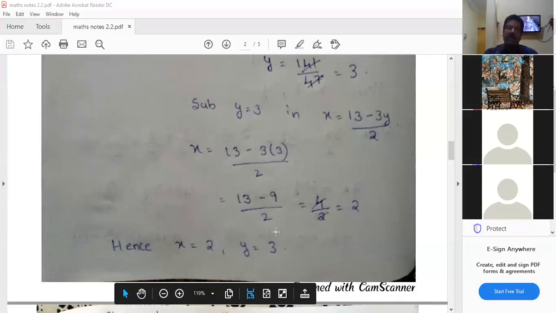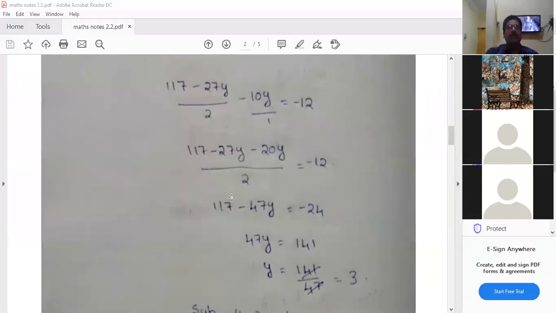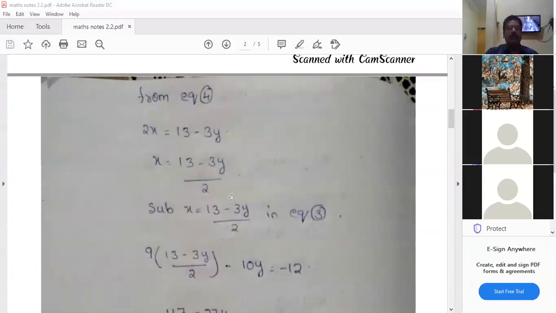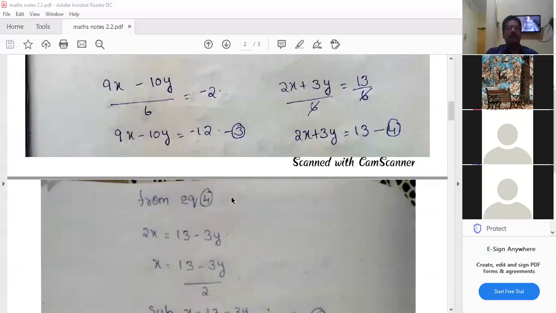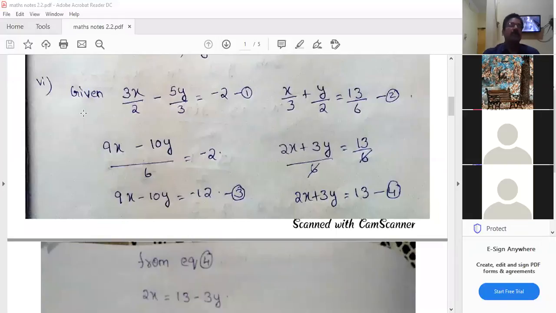This is the second example by the substitution method. Now I am scrolling. You can share, you can copy it. Any doubt you can ask. This is the substitution method. One more example, 6 sums. Write down. Copy it. Is it audible? Yes, sir. Okay. Mute yourself and copy it fast.